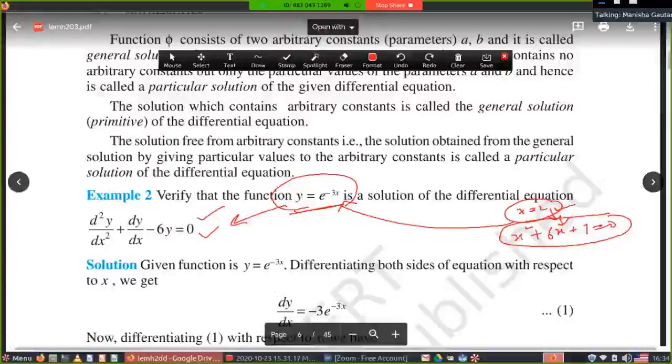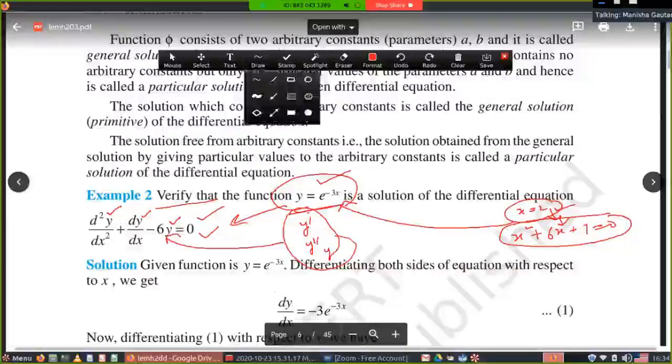But here it is written verify. It means it is a solution, and you have to show it. It means y is given to you. Up to the second derivative, you are required to find the first derivative, second derivative and the value of y. Here y is given to you. Find out the first derivative, second derivative, and y. These 3 values you have to put in the equation. If left and right both sides are equal, then you will say that hence it is verified.